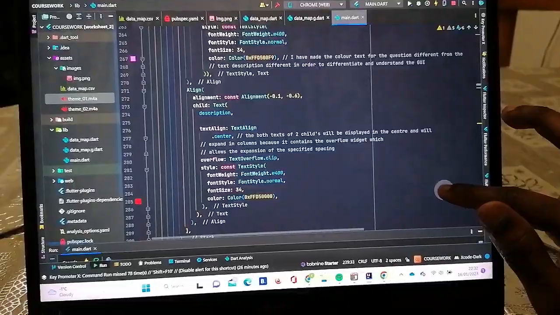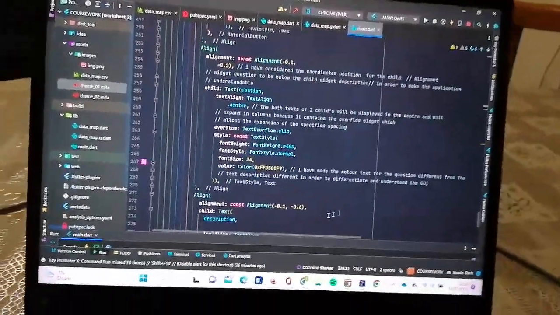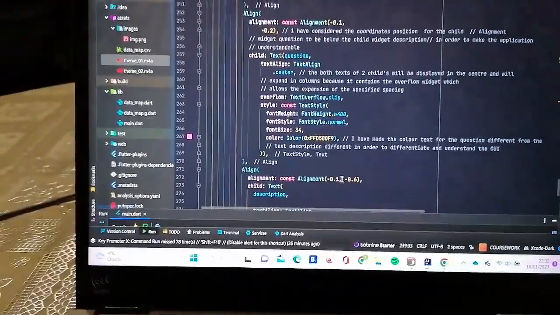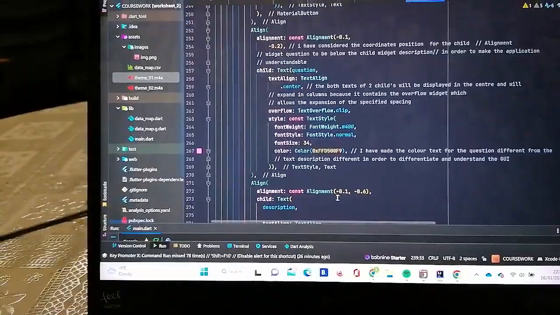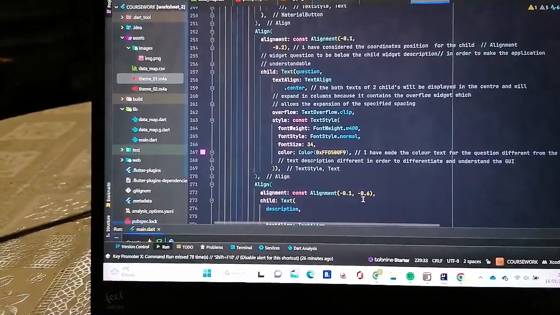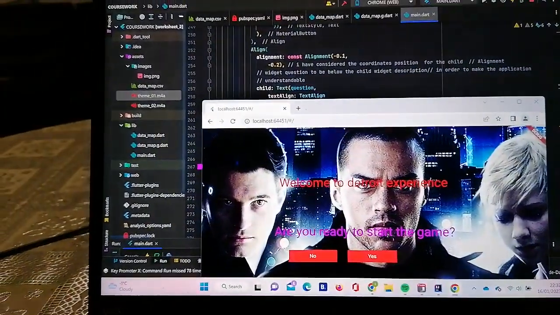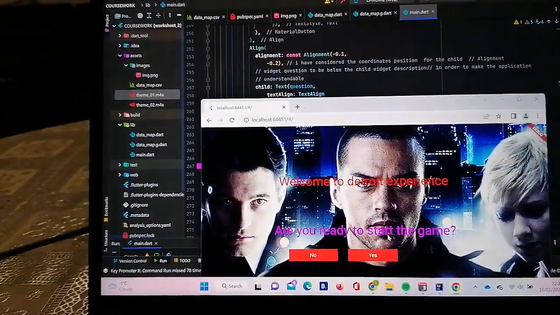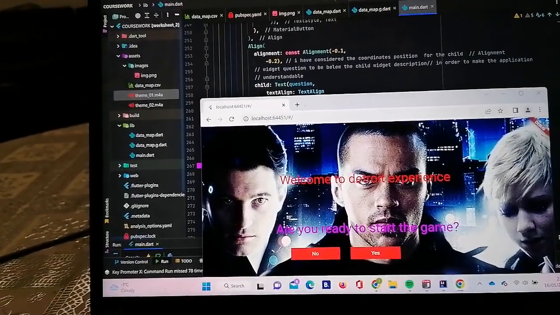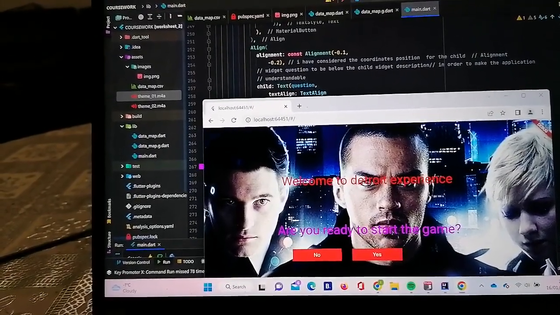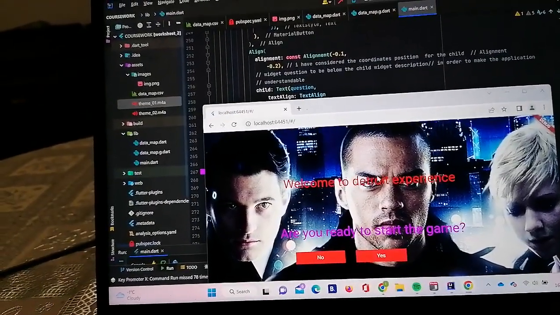Like here, this is the location of the question: 0.1, -0.6. So it's on 0.1, -0.6, then 0.1, -0.2, 0.1, -0.2,